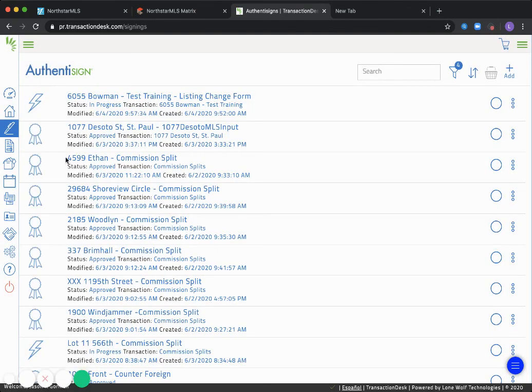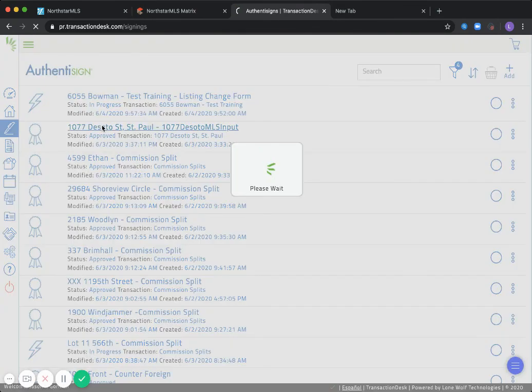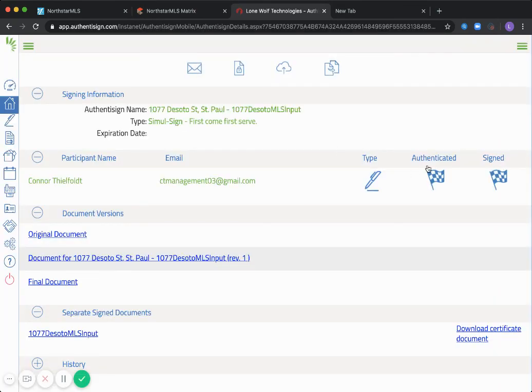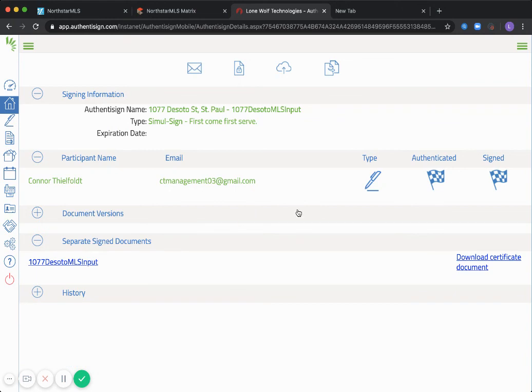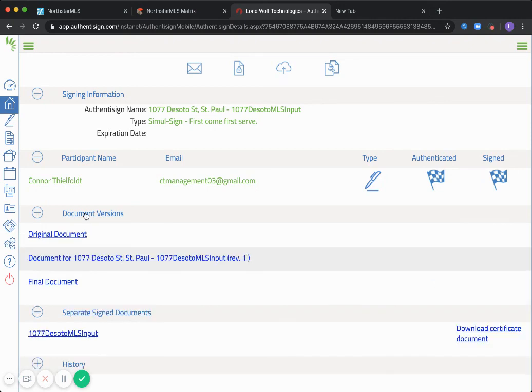So then you go over again to the pen, and I'll show you what one looks like when it is signed. So there you go. They've authenticated it. So it's got the little flag, and then they've signed it. And then it'll show you the documents right here. So here's the separated signed documents, and then here's the final document if you wanted to review that in a